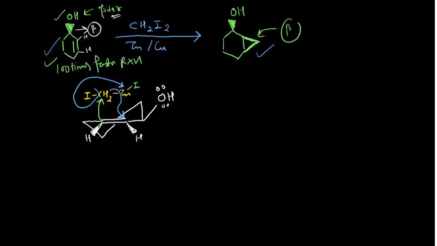And then zinc has a vacant d orbital, it can coordinate with this lone pair of the oxygen, you see coordination with the oxygen. So what you are observing here is that a cycle or ring formation is taking place. This is known as chelation or chelate formation. Due to the formation of this chelate, this transition state is quite stable. If you draw the transition state, I am going to draw the transition state for this one also.